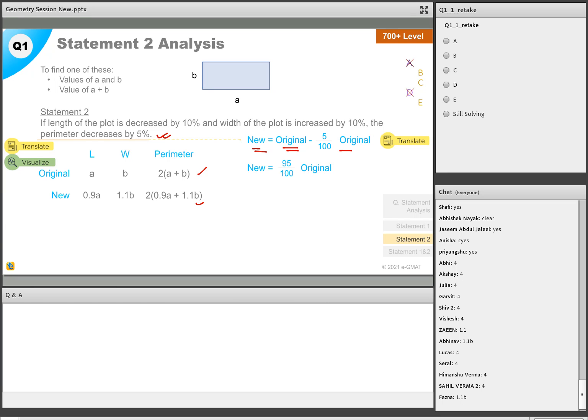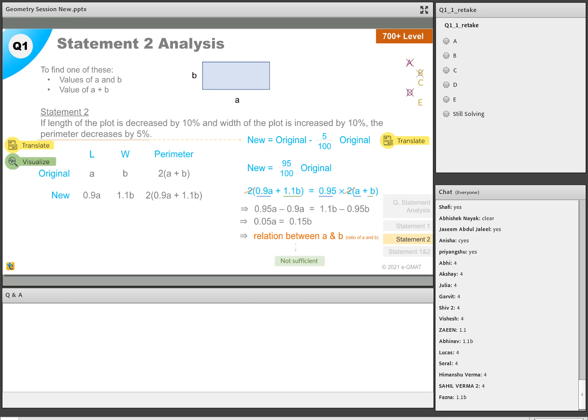A 5% decrement, right? So that essentially is equal to how much? 95%, or 95 by 100, of the original perimeter. So I'll just put in these values in new and original to get the relationship between A and B. If I put these values, I get a relationship between A and B, which tells me that A is equal